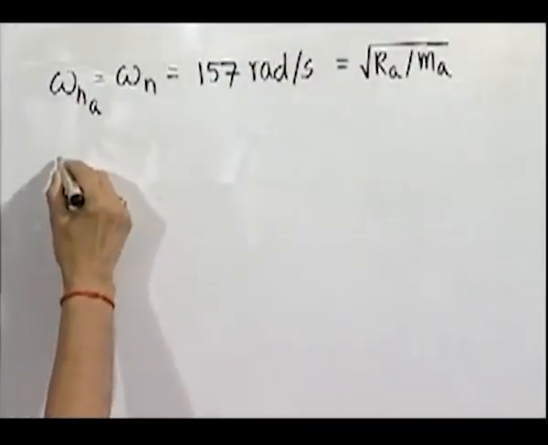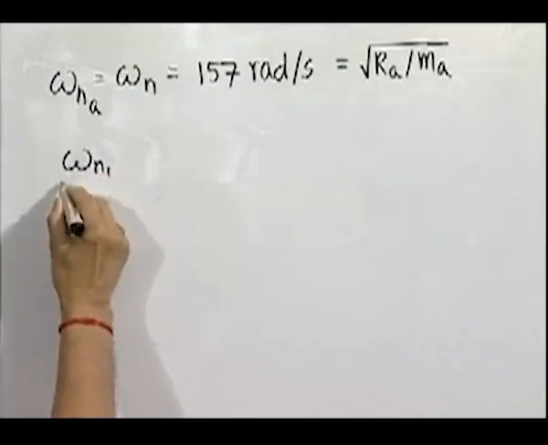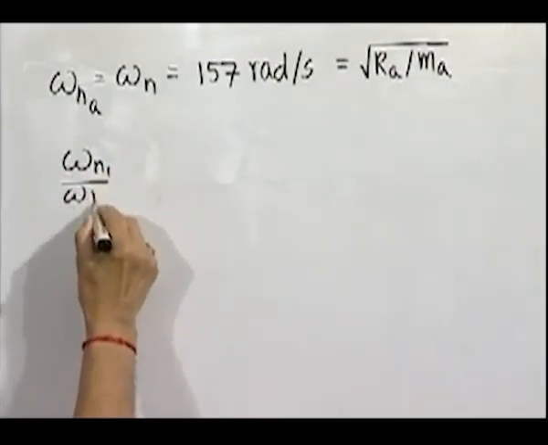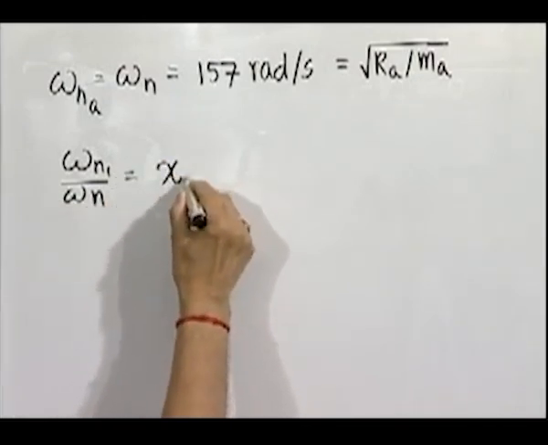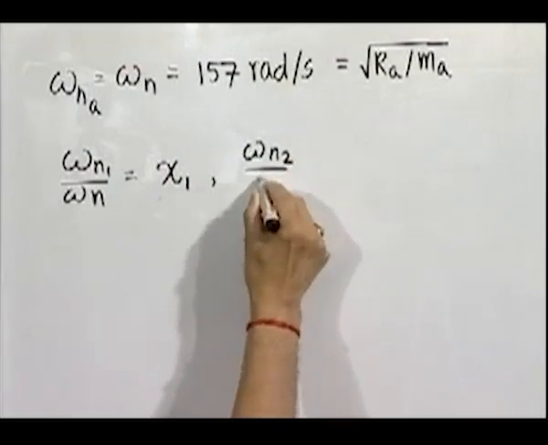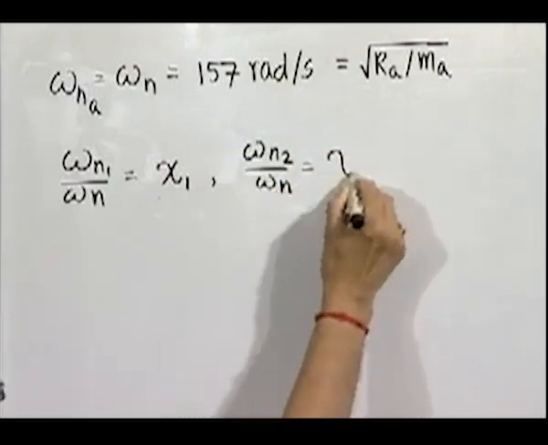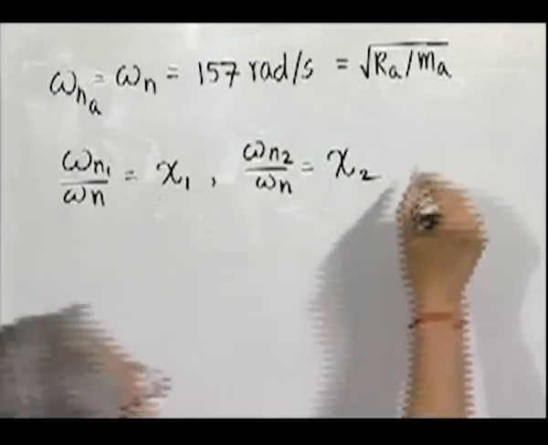Next, we also know that omega n1 by omega n equal to chi 1, omega n2 by omega n, we have found out as chi 2, and we also know